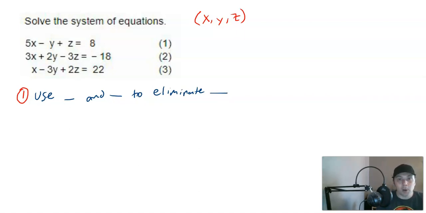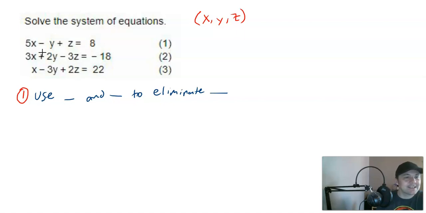Keep in mind the purpose of step one is to have an equation with only two variables. That is what you want out of step one. There will be some problems later where that's already done for you, where you already have an equation that only has two variables. Then you don't have to do step one because it's already given to you. But here, all of these equations all have three variables. So we're going to use step one to create an equation with just two variables instead. All right, so